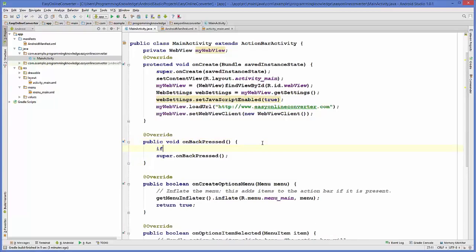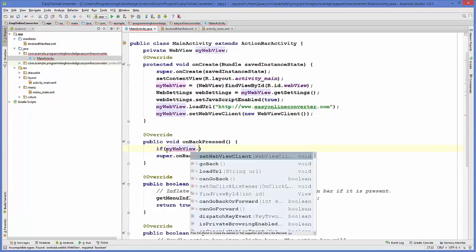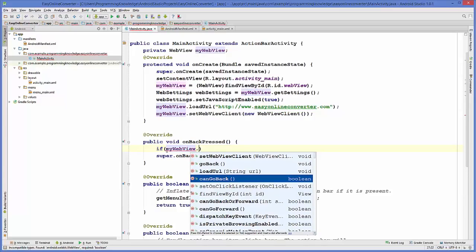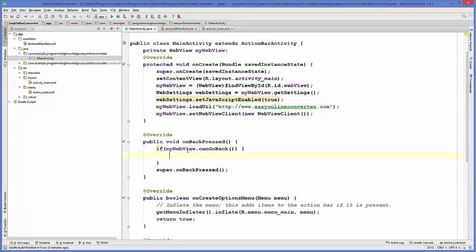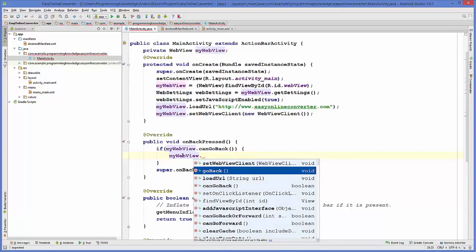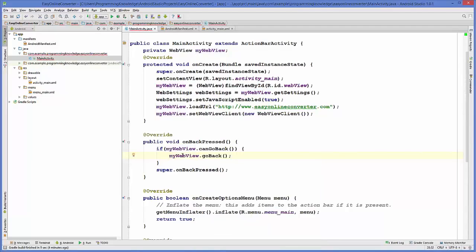So we will add a condition here. Take your myWebView first of all, and then we will check if we can go back. There is a method called canGoBack, and it returns a boolean value. So if in the app you can go back, it's going to return true, and in this case we will go back. So just take your myWebView object and then call a method called goBack. So if you can go back, you will go back,